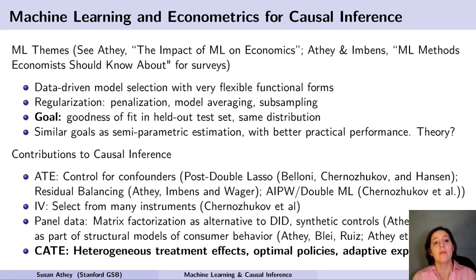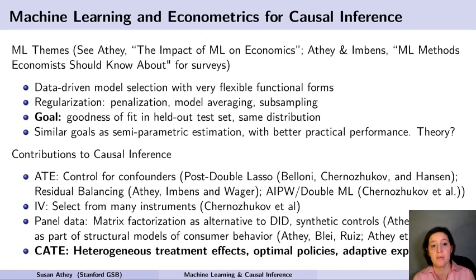We recall that one of the machine learning themes is to evaluate success by goodness of fit in a held out test set with the same distribution in a stable environment. And so what we're going to be trying to do when we bring these machine learning themes into causal inference is to decompose the problem so that we can find the components of the problem where this type of machine learning optimization can be applied without sacrificing our primary objective, which is to get accurate estimates of causal effects, and in some cases unbiased or consistent estimates of causal effects, or causal effects where we can produce confidence intervals for those effects.